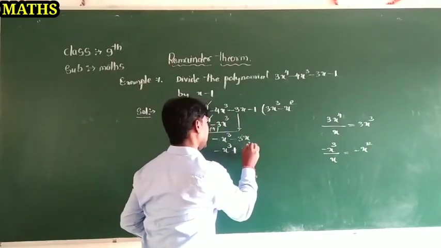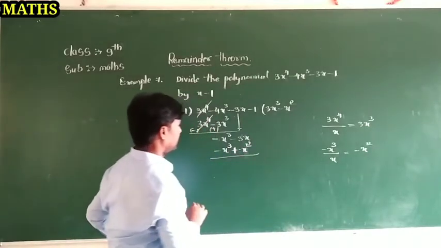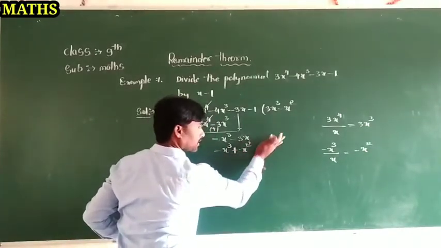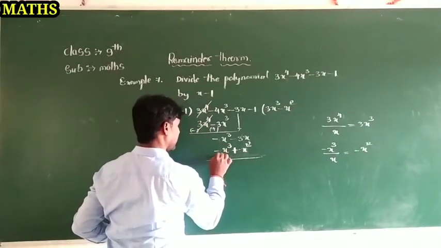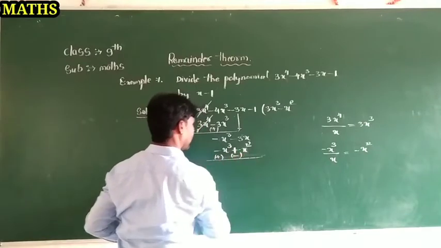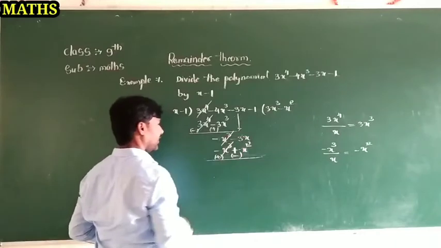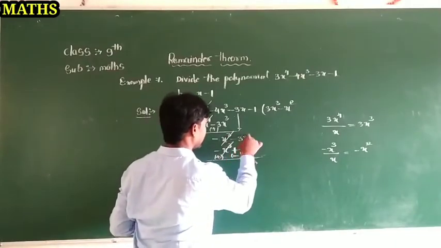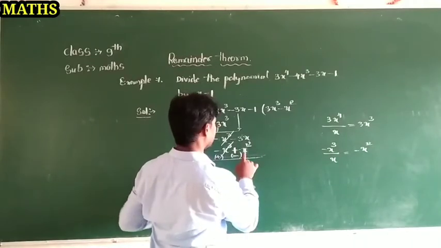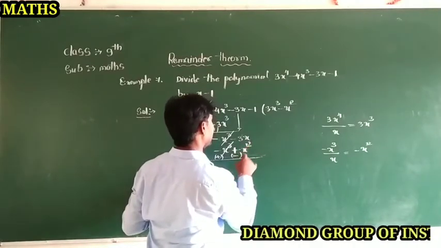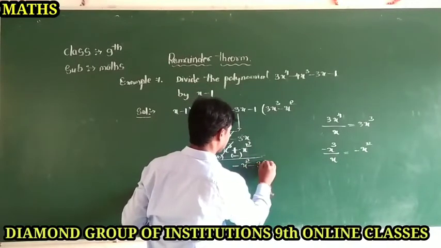Already you know the multiplication of the variable and terms. So now subtraction, change the sign here. Plus becomes minus, minus becomes plus, dear students. Now minus x cube plus x cube both get cancelled. So remaining minus 3x and minus x square. I am writing here minus x square and minus 3x.